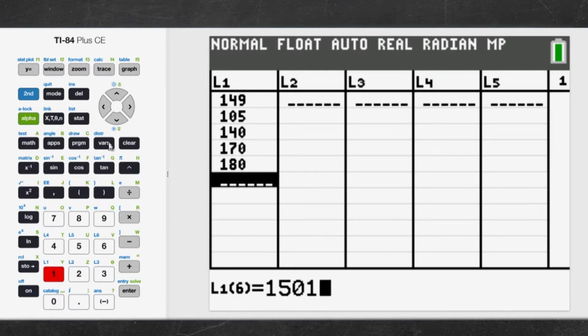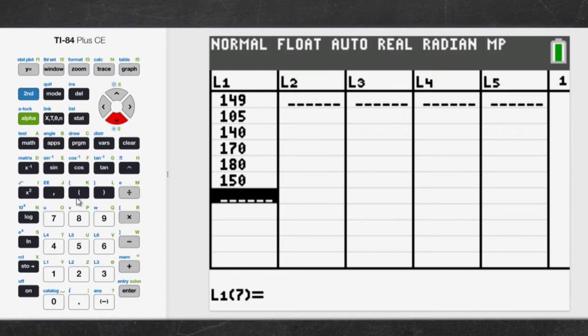We want to go, wait a minute, back there just a tad. We'll delete that one off. And then we'll go down. We are ready to do the 156 and be finished on these. Notice it counts right there. It counts how many numbers you've got. So we got 7 numbers there. 156 was our 7th. If we were to move on down, our next one would be an 8th one, but we're not going to enter because we only have 7 games. The games are correct: 149, 105, 140, 170, 180, 150, and 156.